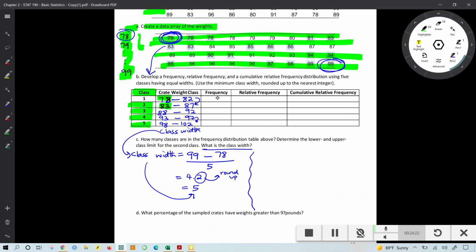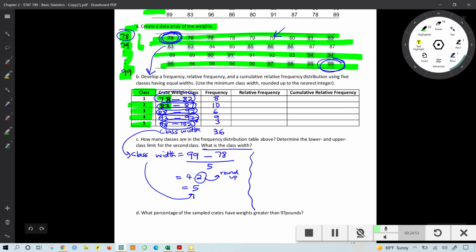The next thing is to find the respective frequencies. That is, how many numbers fall in each group. How many numbers within the range 78 to 82 are in this data set? You have 8. For 83 to 87, you have 10. For 88 to 92, you have 6. For 93 to 97, we have 9. And from 98 to 102, you have 3. So the total